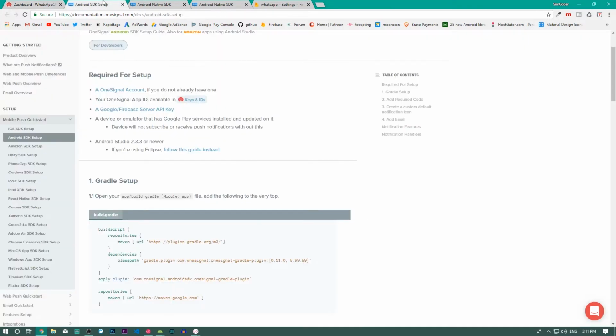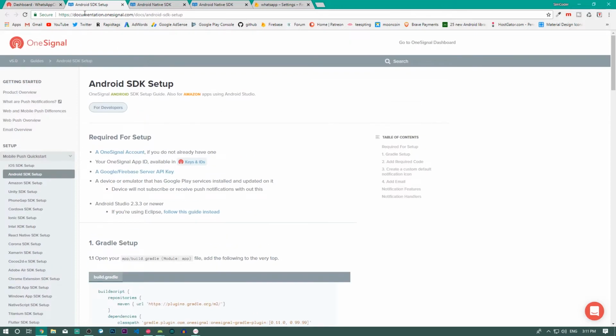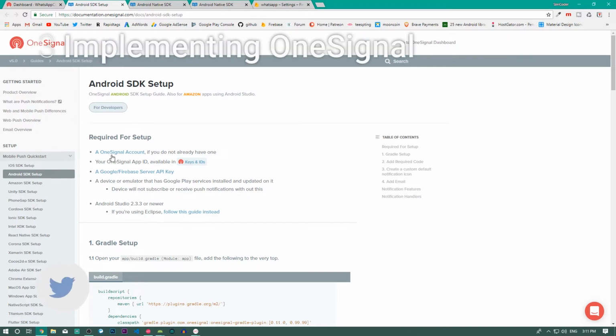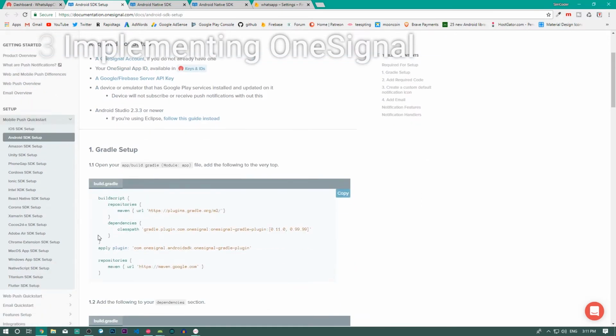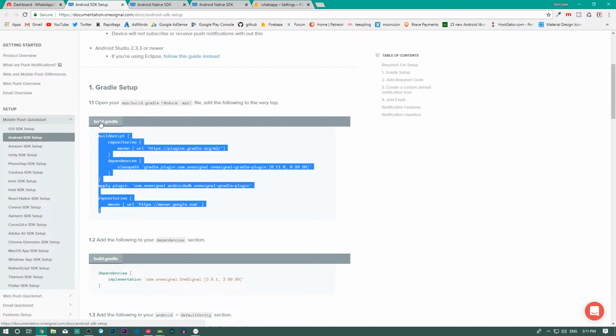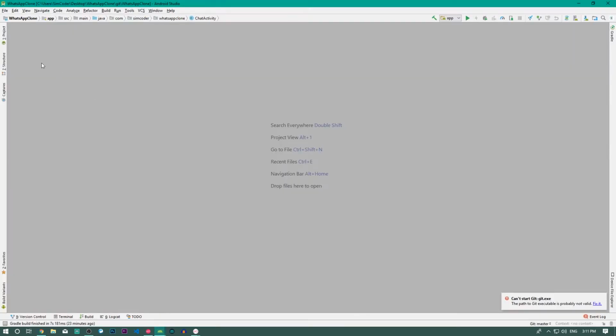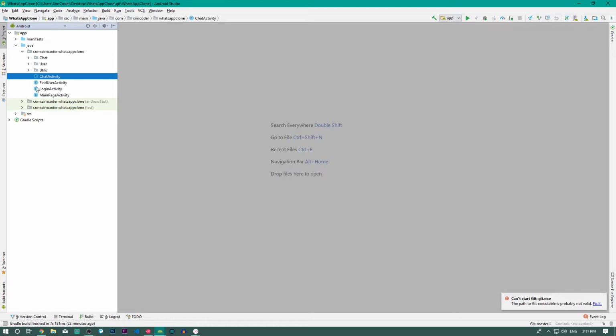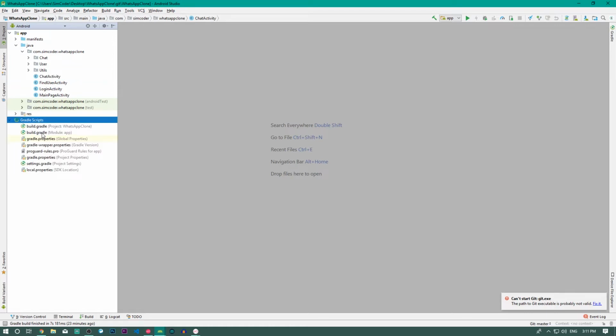To do this, you are going to go into the documentation, which you can get at documentation.onesignal.com, and you'll get everything that I have in here. The first thing that I'm going to do is go into Android SDK setup. In here we have all of the things that you have to add to your Gradle file in order to get OneSignal up and running. First of all I'm going to simply copy all of this in the build Gradle. I'm going to jump into our What's Up clone Android project, open up build Gradle module app,